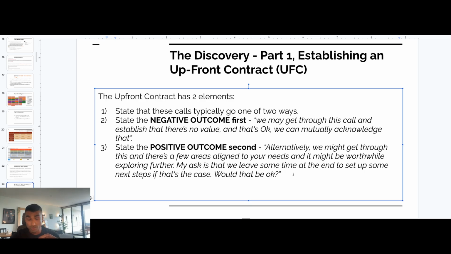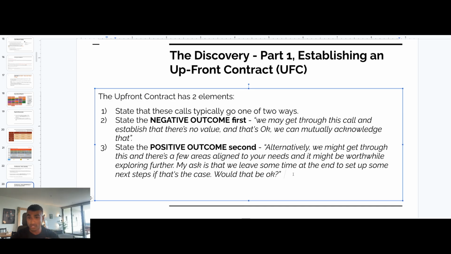And it can be used in so many different contexts, right? So when you become a master of the upfront contract, you'd be amazed at how quickly people open up to you because they realize you're not trying to force anything. You're not trying to push anything. You're just a cool guy and you're trying to get to know their world, or you're just a cool girl